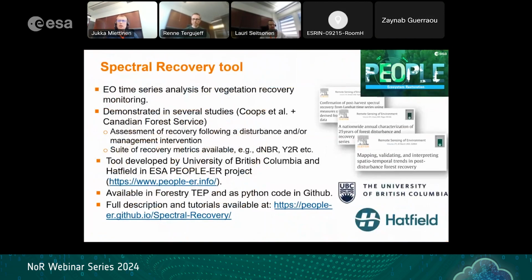So the algorithms behind this spectral recovery are nothing new. This kind of EO time series analysis for vegetation recovery monitoring has been used for a long time already, particularly in Canada, but to my understanding also to some extent in Finland, for example. And particularly the University of British Columbia has been strong in developing this